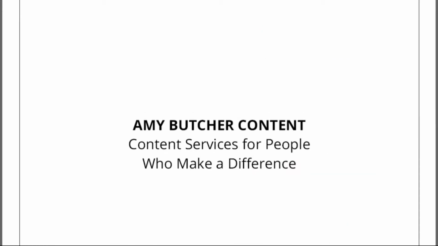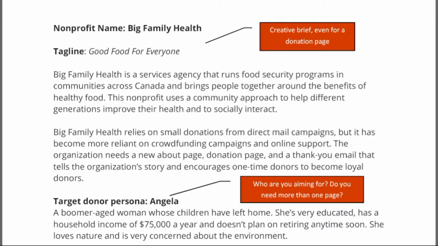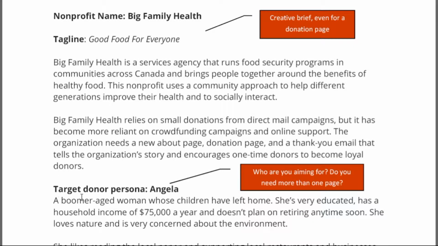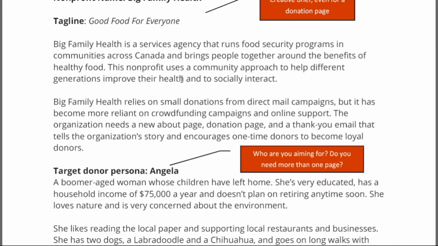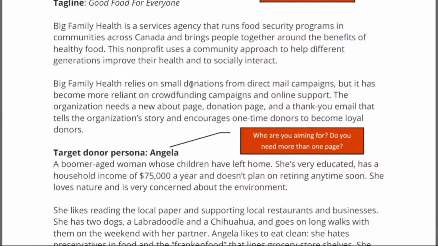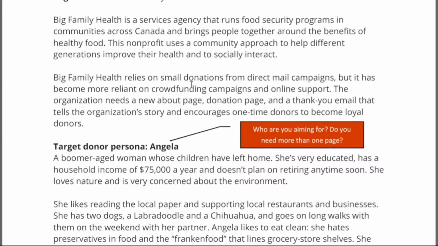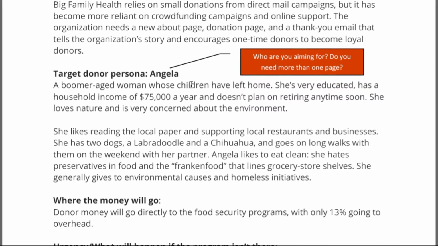So what I've done is put together, this is a fictitious nonprofit, but what I see that people forget sometimes when they're putting together their web content is to make a kind of brief about what it is you want to accomplish with this page, what information you would like to get across, and who your target donor is. You really want to aim at one person in particular, even if you have many constituencies and you have many people. You have to have a solid idea in your mind, especially for your donation page, who your donor